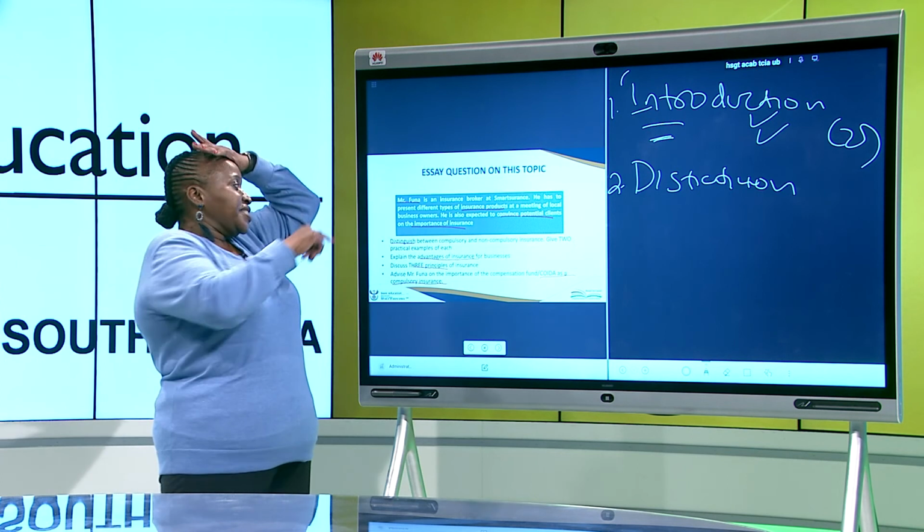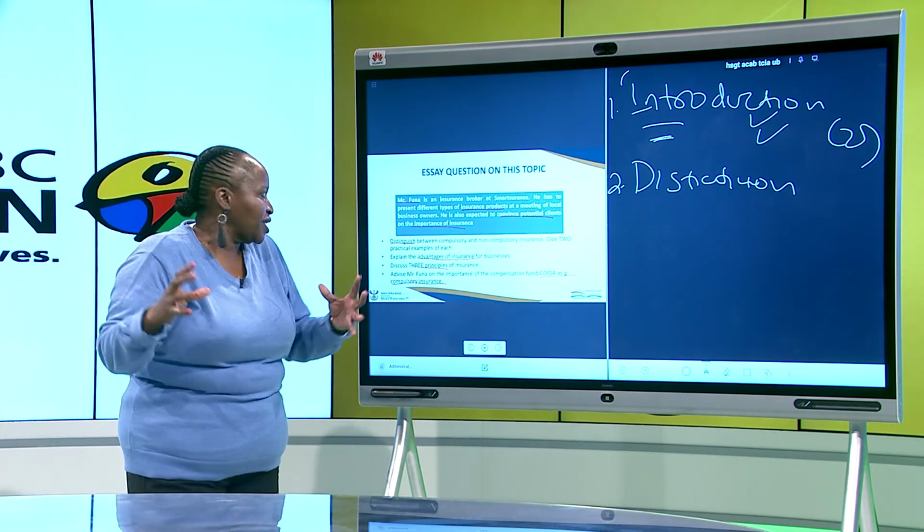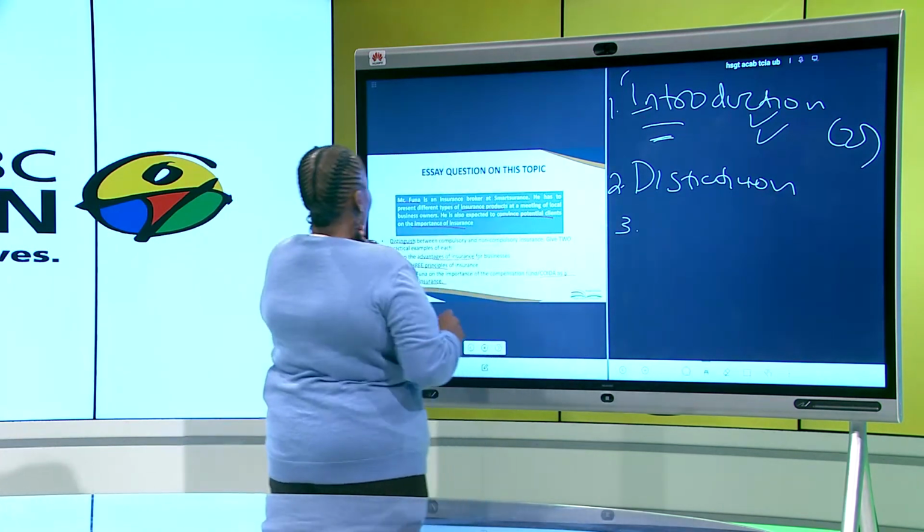But when the verb is distinguish or differentiate, they don't have to be clear. The difference must be clear but not linked, right? Let's look at the third one. Third one is